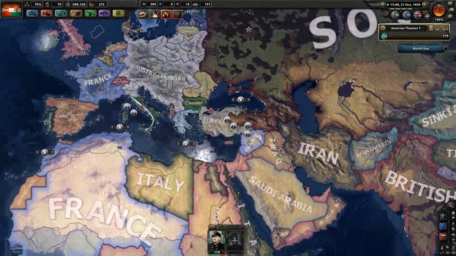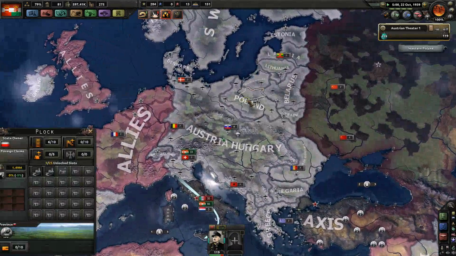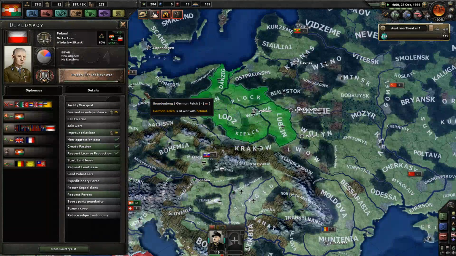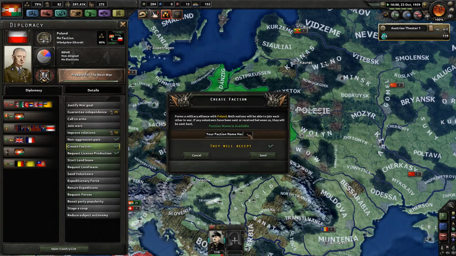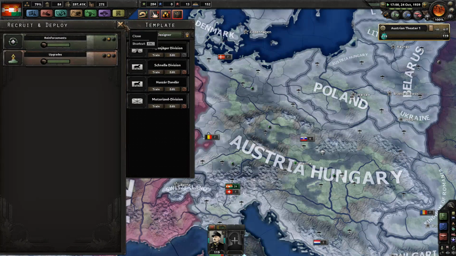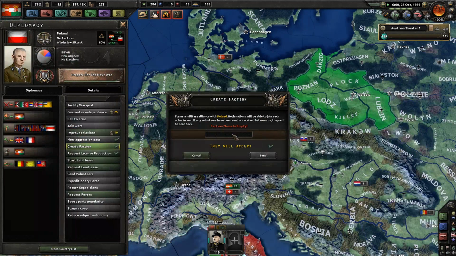Yeah, the Austro-Hungarian Empire being a no faction, the non-aligned faction, I'll call it here. I can even create a faction with the Poles, for example. Let's create it, name it the, let's see, we are called Austria-Hungary, so let's name that faction the Greater Austrian Empire, yeah. Greater Austrian. That sounds kind of, yeah, how should we name it? Let's name it the Pacts of Mutual...